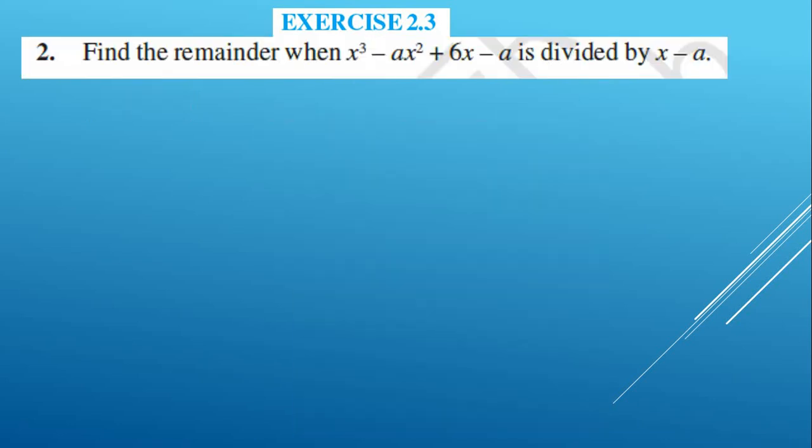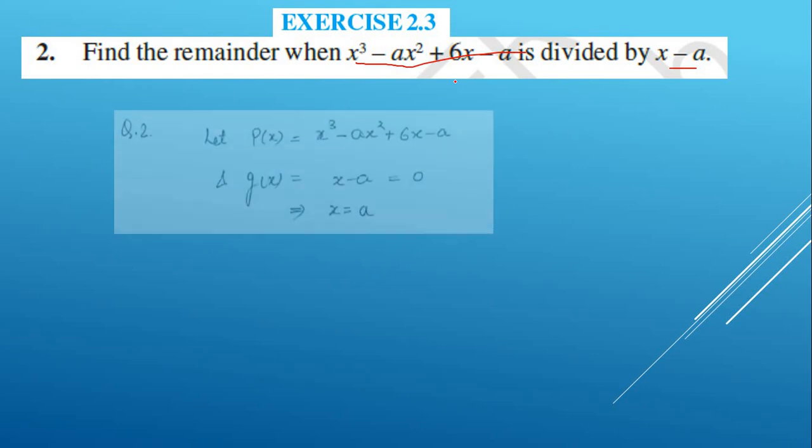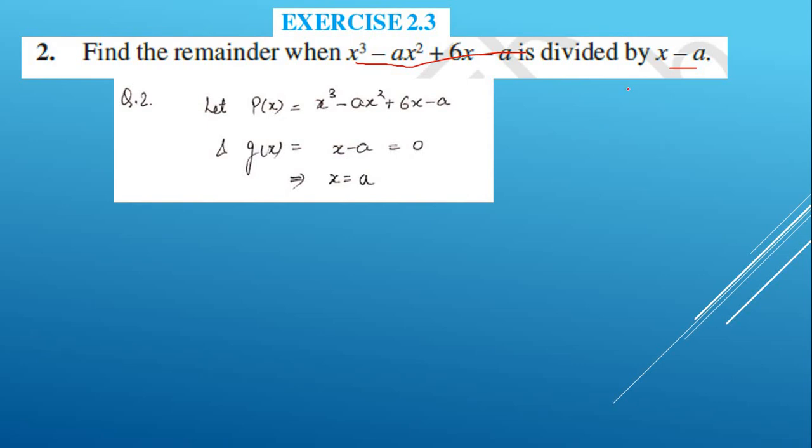Next, question number 2. Find the remainder when the polynomial is this and the divisor polynomial is this. So how would you find this? One way, since here they are not asking for the remainder theorem, but if they ask, we can do by remainder theorem as well, and we can divide as well. So this is your choice. You want to divide, or directly you can use the remainder theorem, as the question asks only for the remainder, right? So I'm using the remainder theorem here.